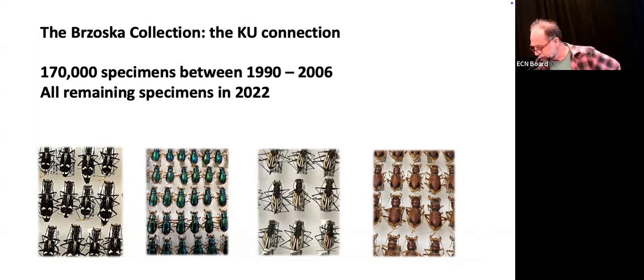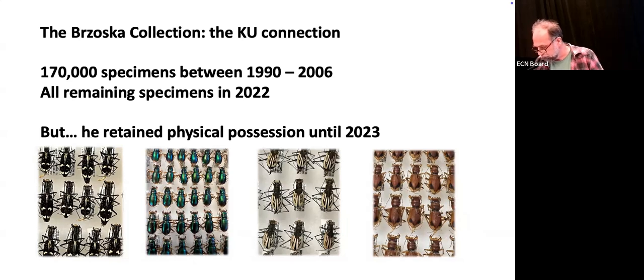Then between 1990 and 2006, he struck a gentleman's agreement with Steve and began donating his tiger beetles to KU in 10,000 specimen chunks for tax purposes, eventually donating about 170,000 specimens, or about 2/3 of his collection. In 2022, he signed over the remainder of his collection to KU. The curious part here is that he retained physical possession of the specimens throughout, taking his collection with him when